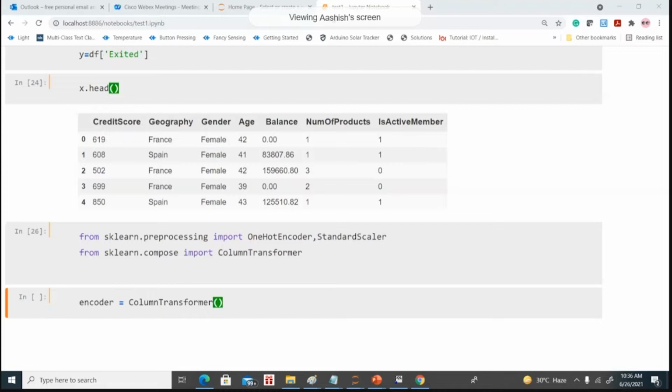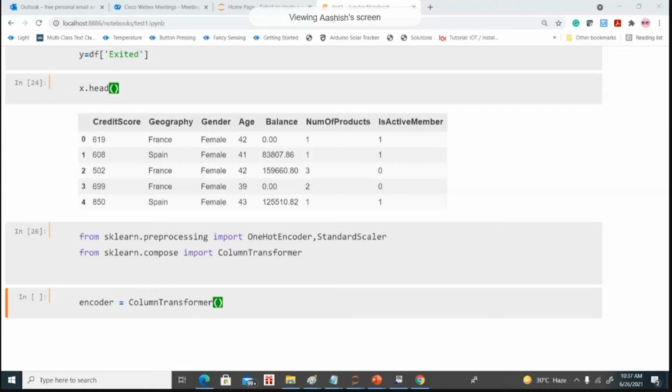Okay. Then again, after performing this operation, we have some variables like geography and gender, which are in string format. So we'll use word-based encoding like one-hot encoding or the label encoder to encode them into numeric format, because later on we are going to map this data set to our algorithm, and the algorithm can only understand numeric values, and as of now these variables contain string data.